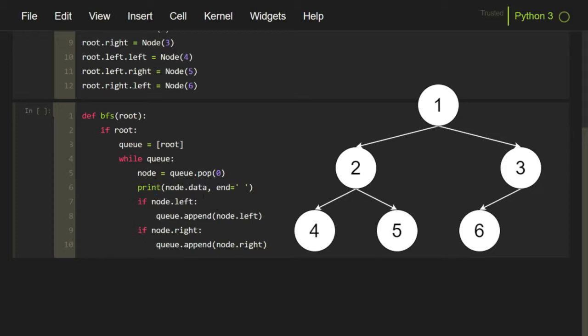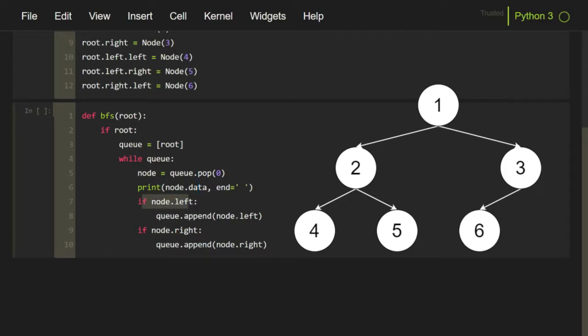So there is no need to append any node to the queue, because if we append a None value to the queue, that value gets popped out in the next iteration and None.data will get printed. So we want to ensure that we are not passing any None values to this queue. So we are ensuring that with the if condition.